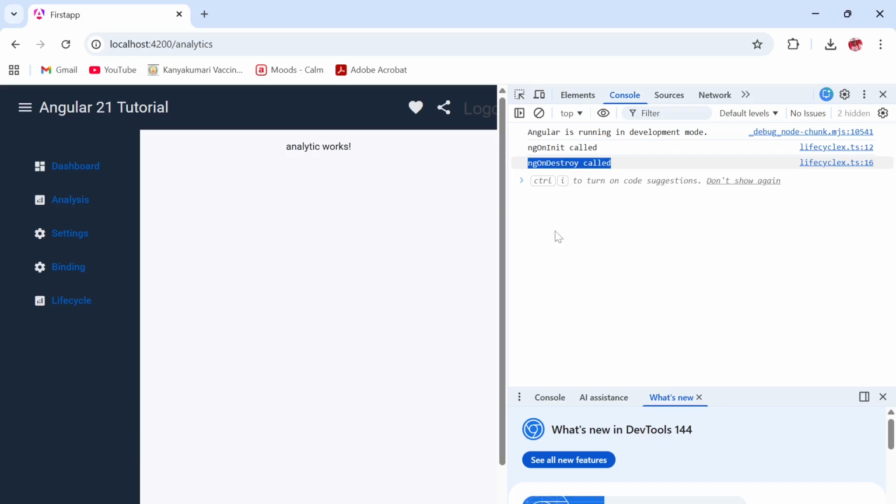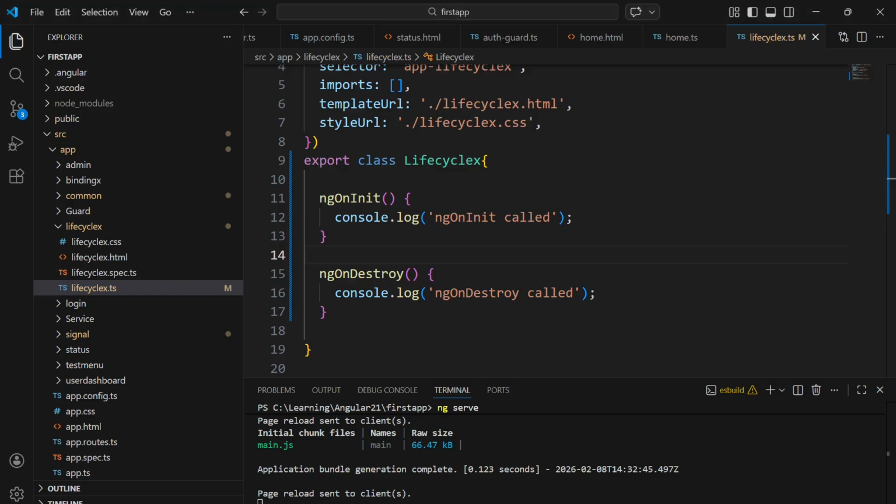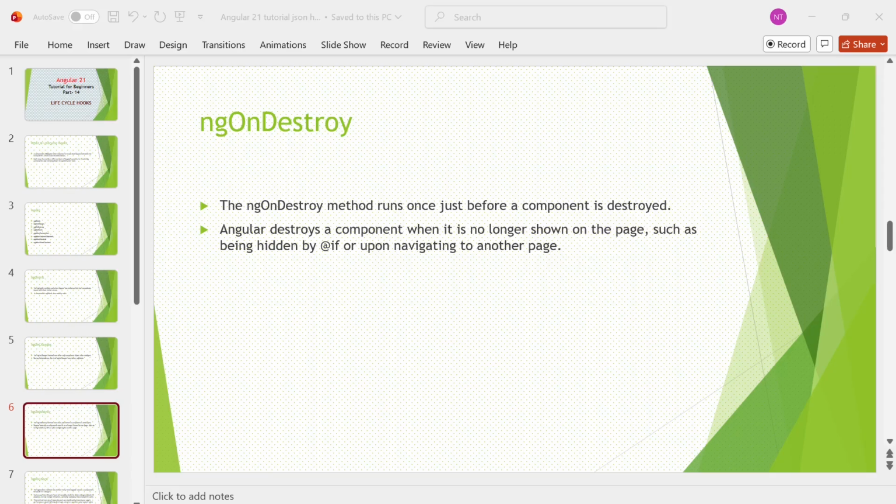So the use case is, before moving to some other component, if you want to execute some functionality, we can use this ngOnDestroy hook. Okay, so we can move on to another hook,